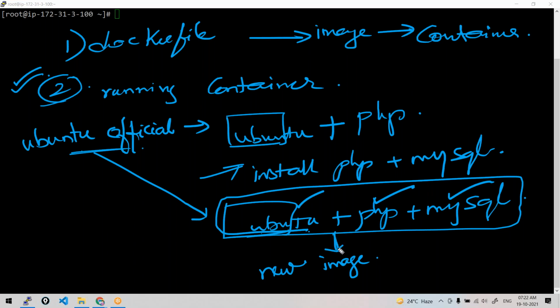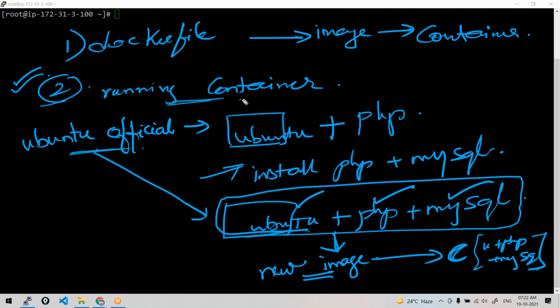So save this state into an image and run the container from this image. From next time onwards, rather than starting a container from the official image, let us start a container from this new image, so that the container will have Ubuntu with PHP and SQL. I need not install them over and over again.